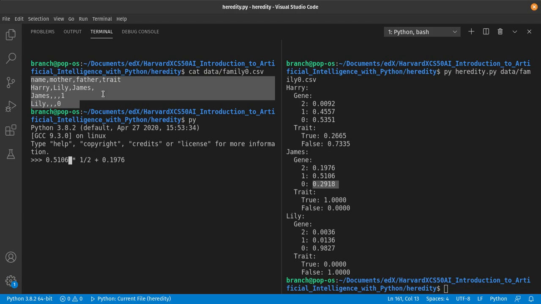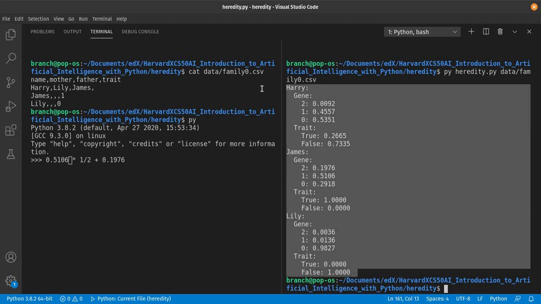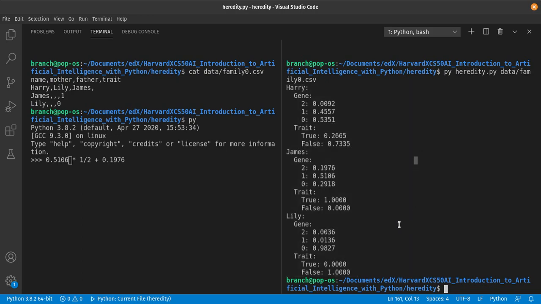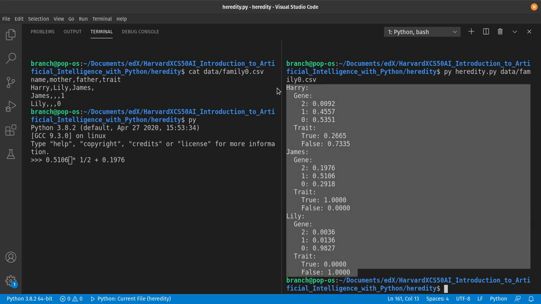We see that there are two parents, Lily and James, whose parents are unknown. James exhibits the trait and Lily does not. And we have one child, Harry, of parents Lily and James, and we don't know whether he exhibits the trait or not. When I run the Heredity program on this input, we get the following, the output on the right,